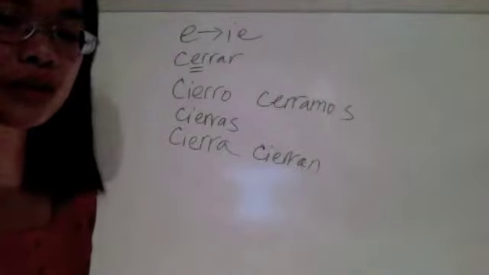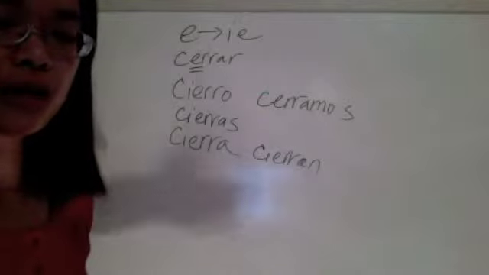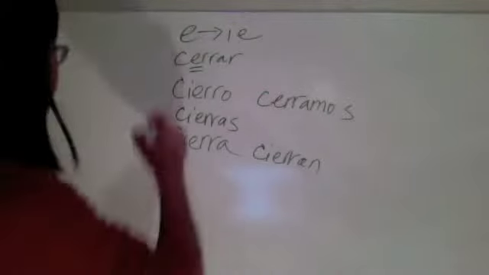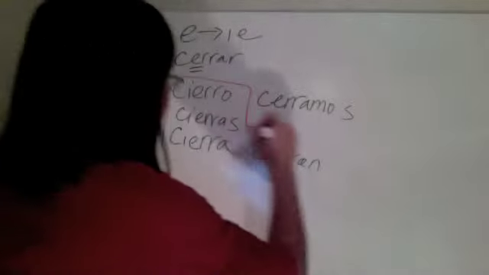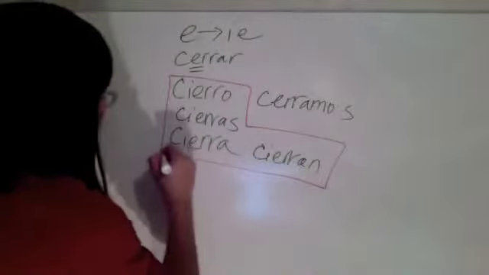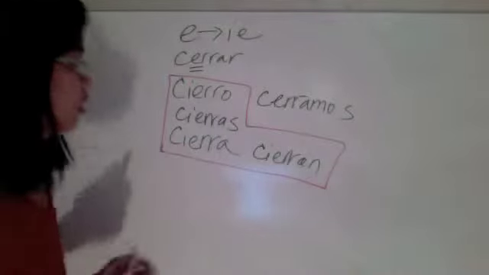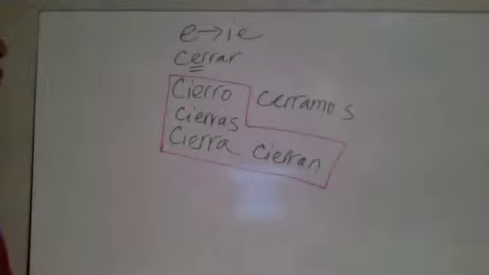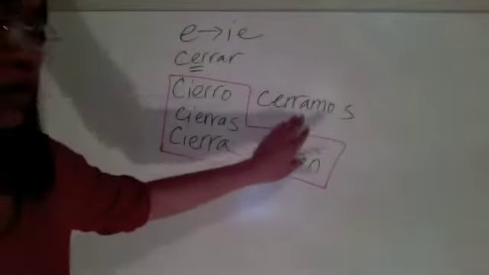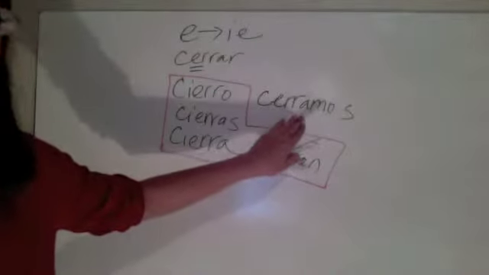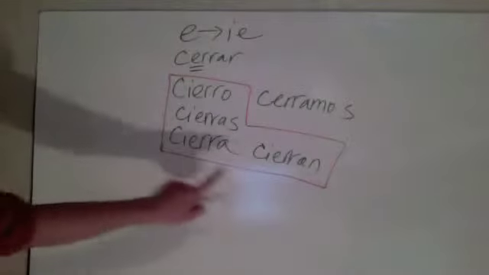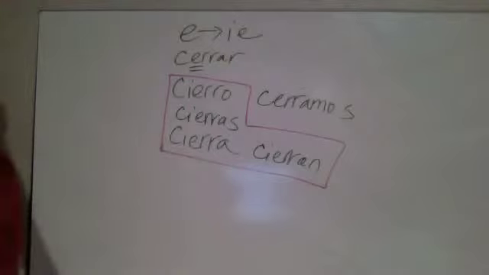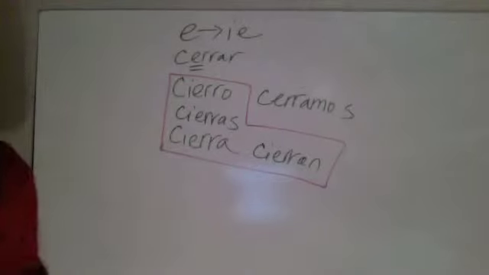Some books and some professors call those type of verbs the shoe verbs, and here's why. If you draw a line around the stem changing forms, but leave out the nosotros form, the one that does not have stem change, it looks like a shoe. That's why it's called a shoe verb. Other examples include